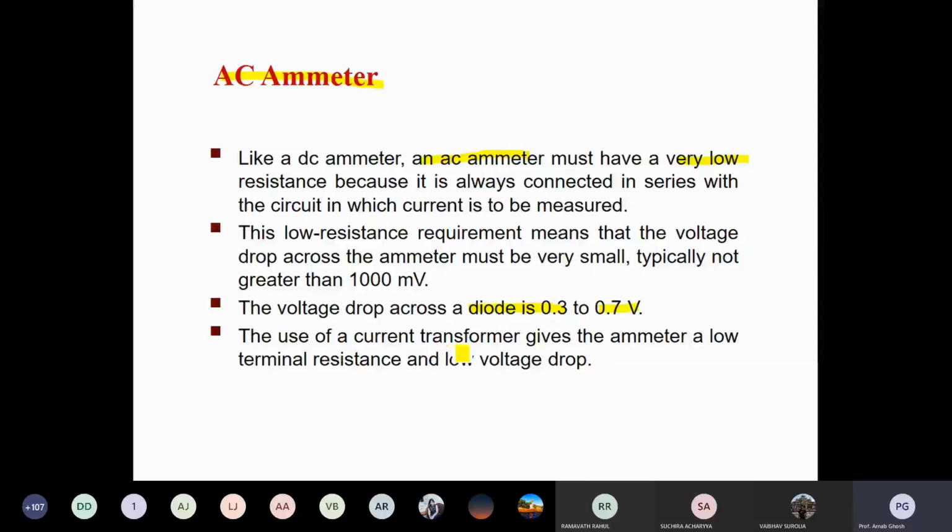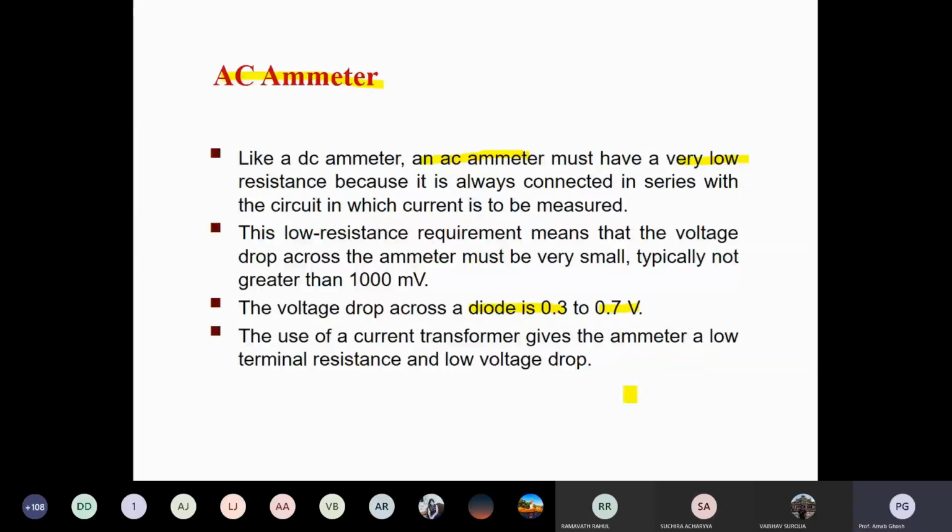Like in your previous case, I have told you that sometimes if the voltage range is too high, you may use an AC potentiometer, like a variac or AC auto transformer. In the case of an ammeter, you can range the amount of current. So you can use some multiplying circuits, or sometimes a current transformer. I will also discuss in my future classes the basic concept of the current transformer and the potential transformer, and their significance.